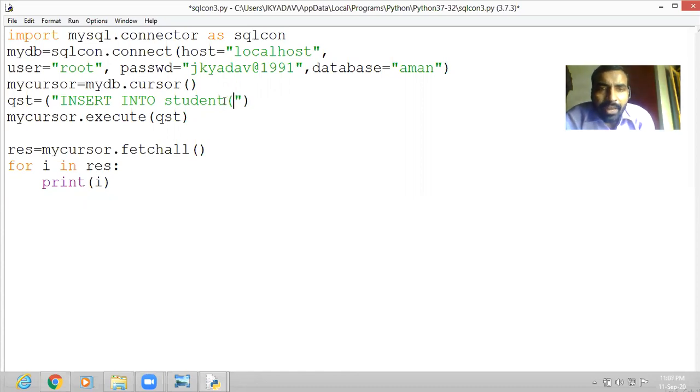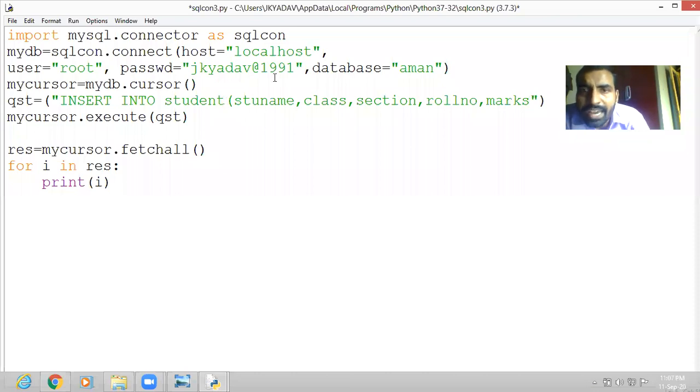Then we write the column names in which columns we want to insert. So we have stu name, comma, we have class, then section, then roll number, then marks. These are the fields we have in a student table of Aman database. Okay, stu name, class, section, roll number, and marks. Okay, then write values,